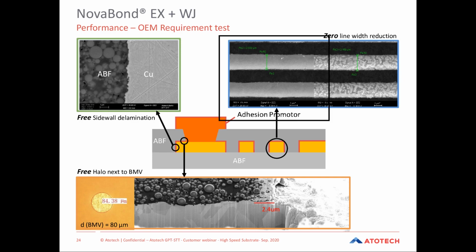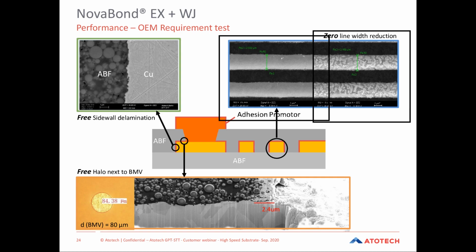And after WJ is on the right-hand side. So you could see no significant, or I can say zero, line width reductions after the Nova 1EX plus WJ process. And the last one, which is what they are really interested in, is the halo or the wedge voids